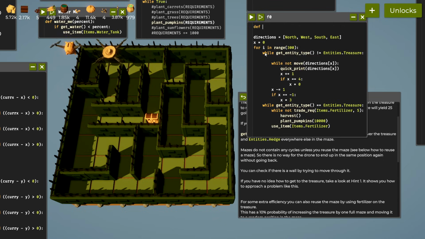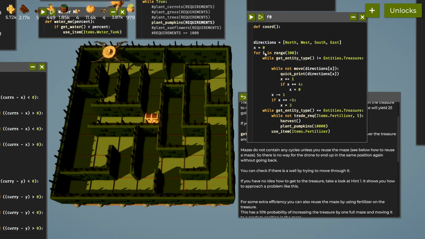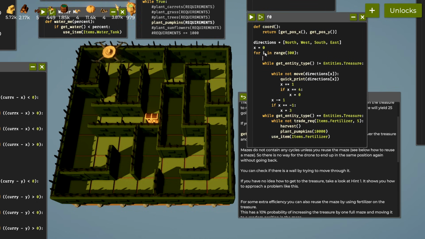Okay? So let's define, let's just call it chord, right? I think this is easy. And this is going to return a list of our coordinates. So this will be position X, position Y. And then inside of each iteration of this, we'll have a list that's called visited. Okay? And then as we move to a location,